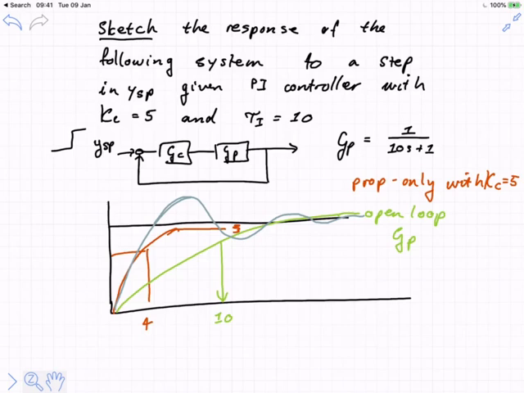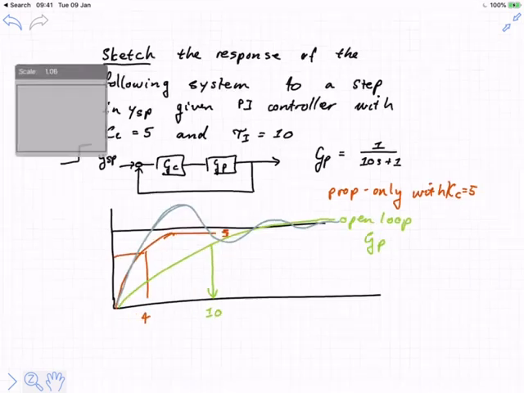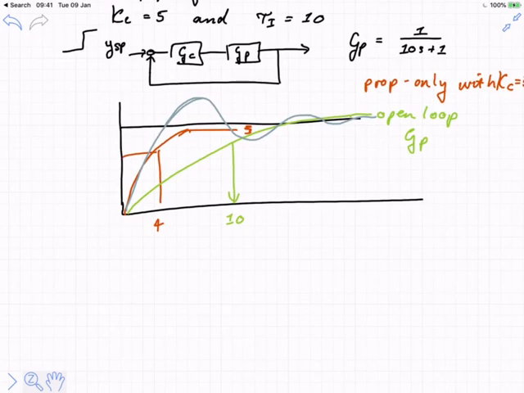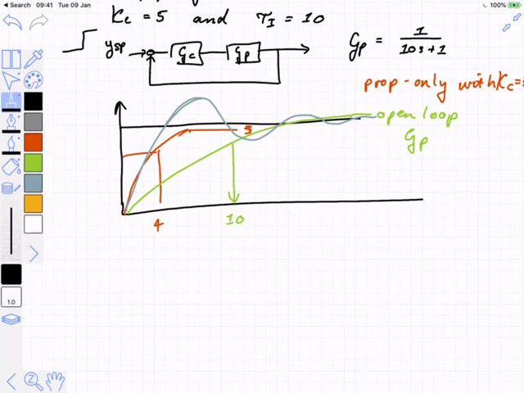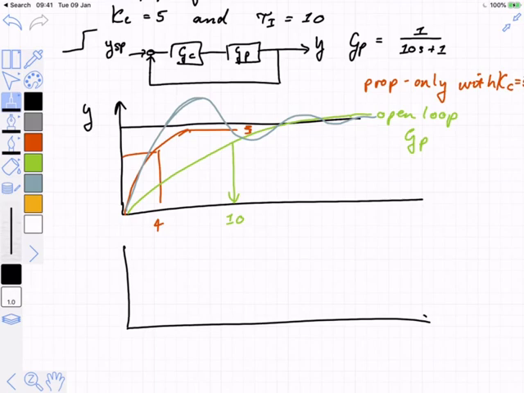And my estimate would be that the initial response, so again, if I ask you to plot these at the same time on the same graph, like with the proportional and with the integral, remember that the initial response of the system is pretty much all due to the action of the proportional controller. Does that make sense? Because what happens right at the beginning, you kind of have to think about this in terms of the error. So this is now all in terms of y. Right? But if you think about this in terms of the error,